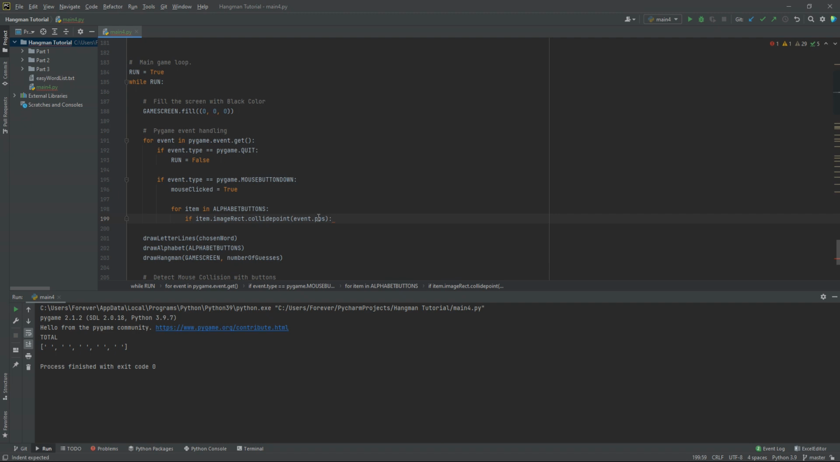So that little line basically means, for each button in that list, it's going to go through and check if that button's image rectangle collides with the event.pos. And the event.pos is my mouse click, my mouse button down. So that's basically x and y coordinates. If they collide, then after that, if there's a collision, then if my